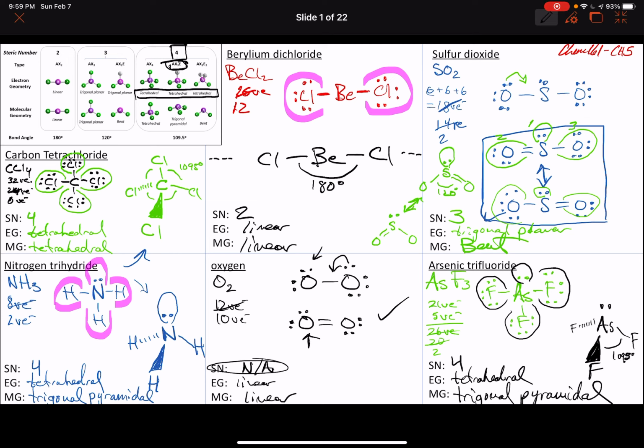Okay, so hopefully you've been able to follow these examples and understand how we deduced not only the Lewis structure, but worked with that all the way through to determining the electron group geometry, and then ultimately the molecular geometry, looking at things like Lewis structures that were in resonance with each other and still being able to answer the question. And again, moving electron pairs away from one another to try to maximize the angle between